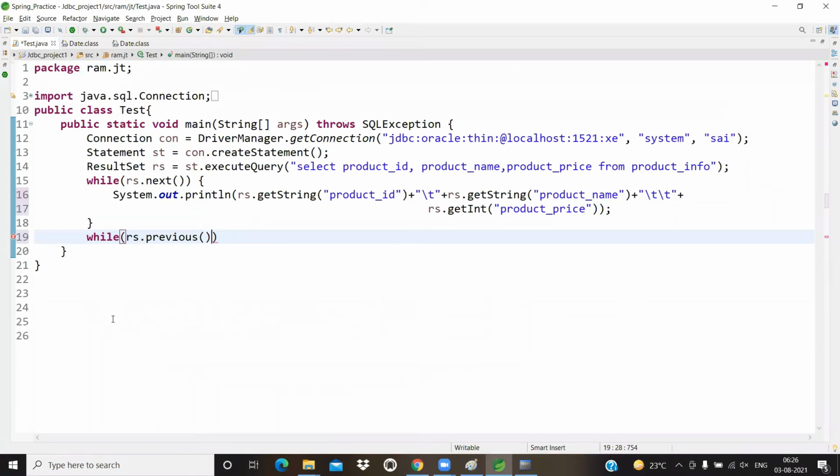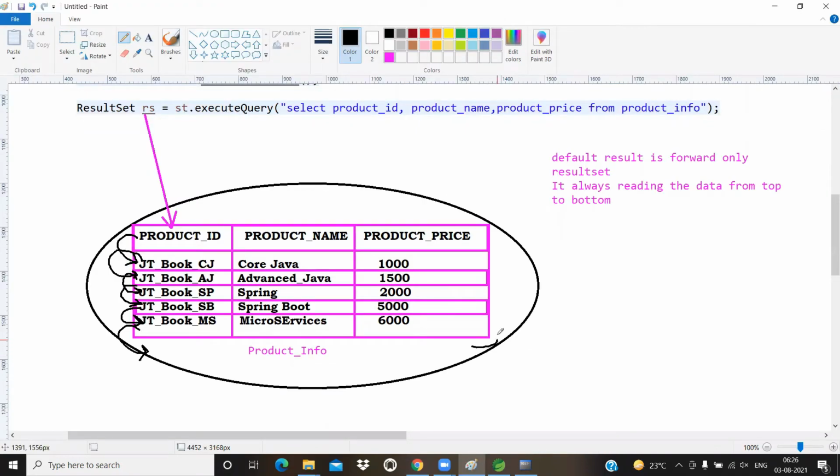Now rs.previous. The intention of this method is that it goes from bottom to top. So presently my result set is pointing out of the table. Now from out of the table I'm trying to push my cursor into the last record by writing rs.previous. But does it happen or not?